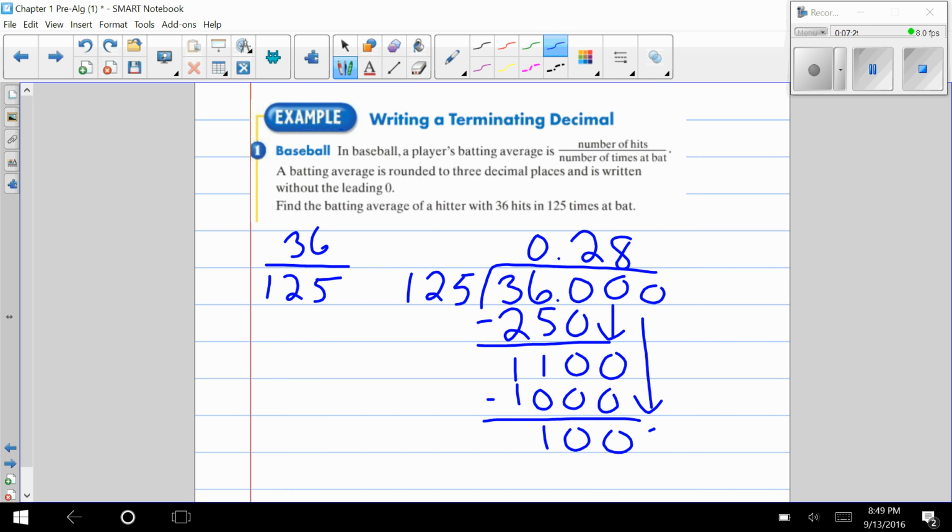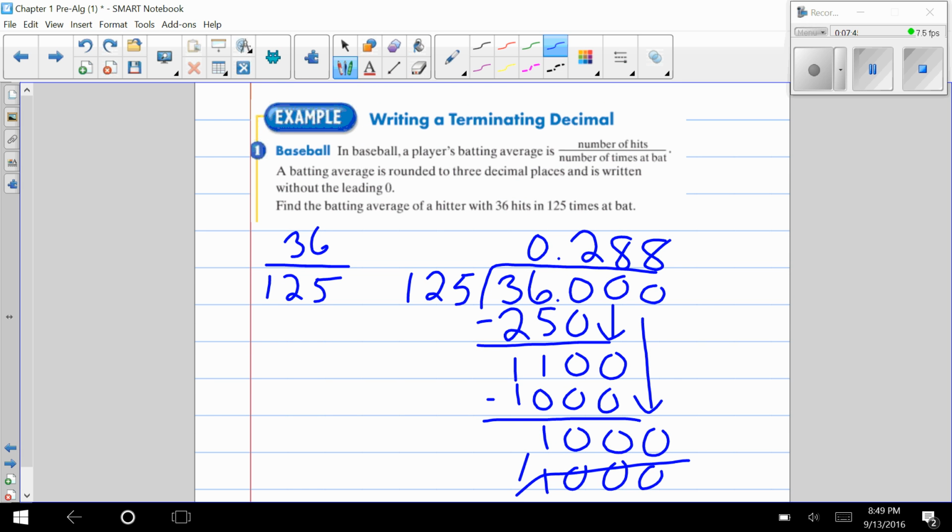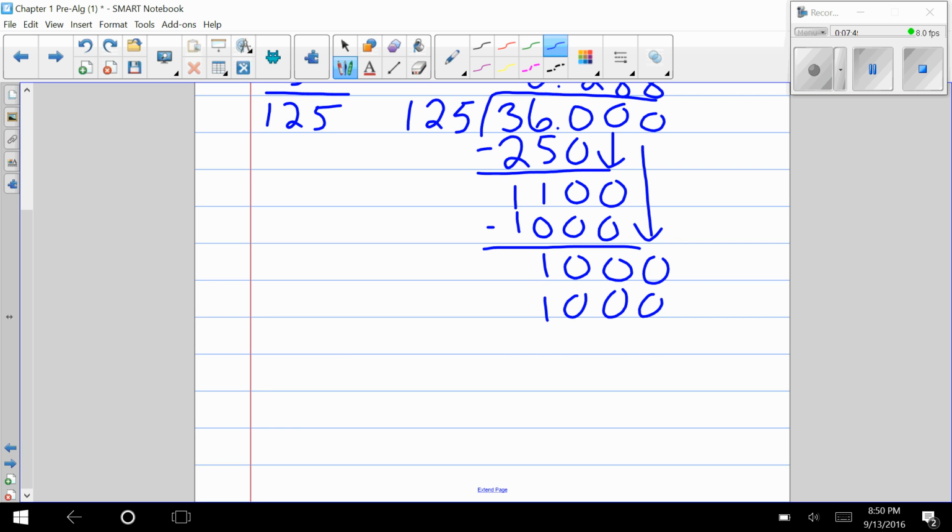Add a 0, bring it down. Well, I already figured out that it's 8. So I have my 1,000 here. I will subtract and be left with, wow. When I subtract, I'm left with a remainder of 0. That means my answer is 0.288, but batting averages are written without the beginning 0, so it is .288